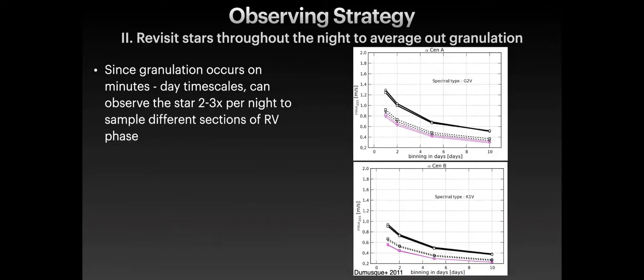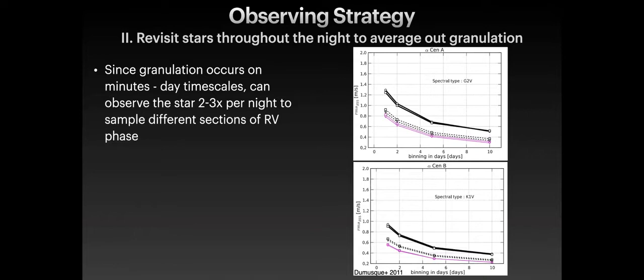Now, observing strategies can also help to mitigate the effects of granulation, which occurs on timescales of hours to a day. The same concept used to average out the pulsation modes can also be applied here. But in this case, you're trying to average out signals that last most of the night. Fortunately, there's no need to just sit on a single star for the whole evening, which would pretty much ruin any attempt at carrying out a successful RV survey where you want to look at more than one star. Instead, you can try to catch the star as it rises, when it's close to overhead, and once it's starting to set. And so by sampling a star multiple times a night with visits separated by 2 to 3 hours,